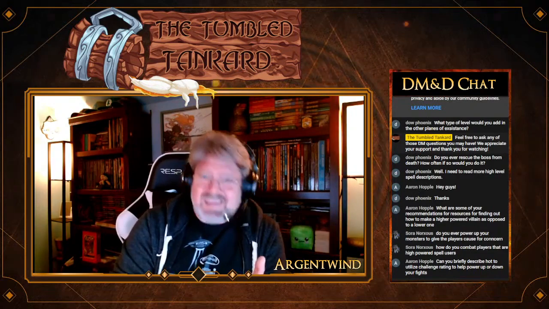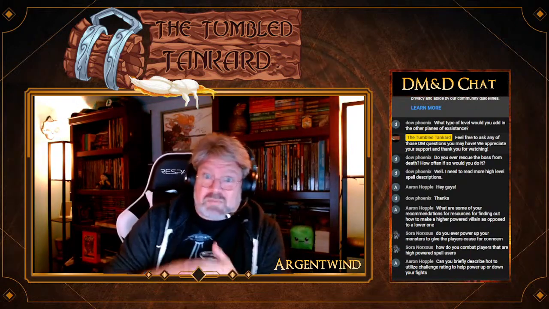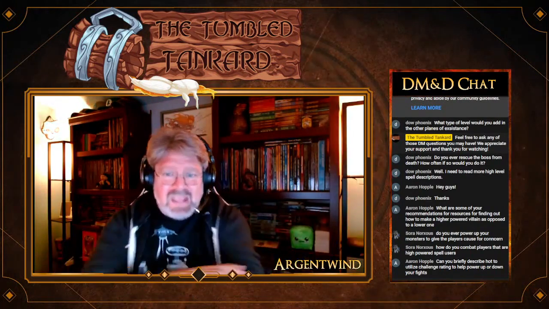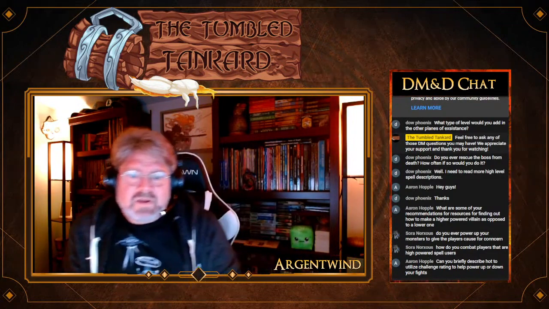Between revivify, which can be done during combat, raise dead, which lets you bring somebody back as long as you have most of a body intact, or even resurrection. If you have access to someone who's super powerful, they can resurrect someone even from dust, as long as it's been within 200 years. It's crazy. Now the cost of those spells is fairly high, and that becomes a resource that the party needs to try to get a hold of.